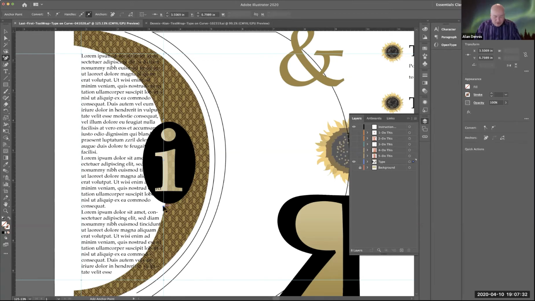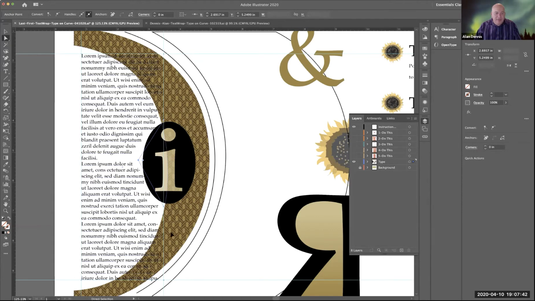Then I'm gonna get the direct selection tool. A was the quick key, it's right here. I'm gonna grab this anchor point and move it over. And you can see that type flowed around that. I still got some type hitting it. I'm gonna get the